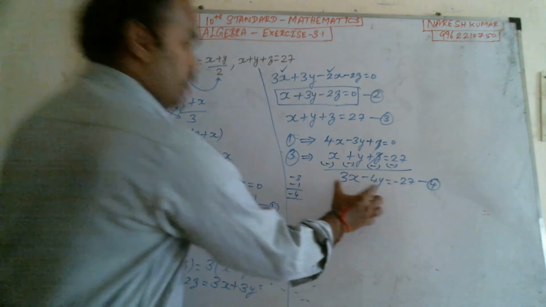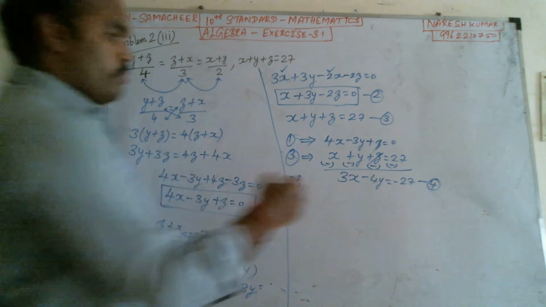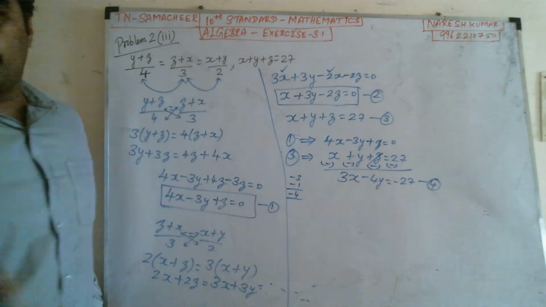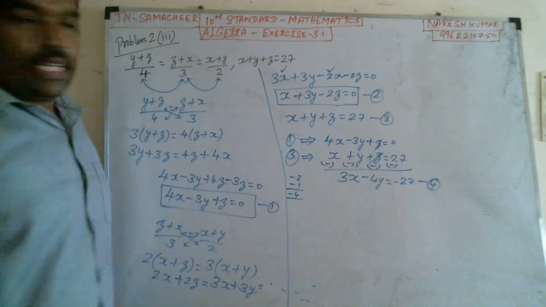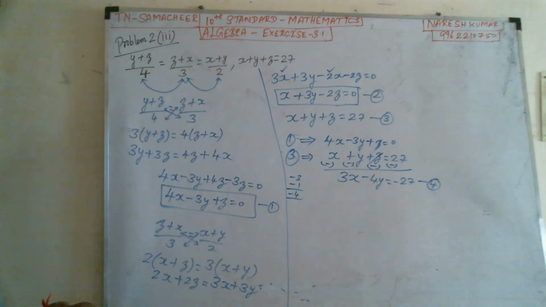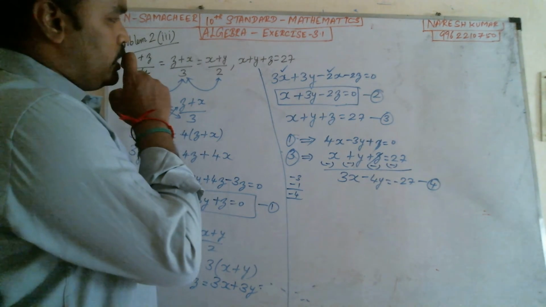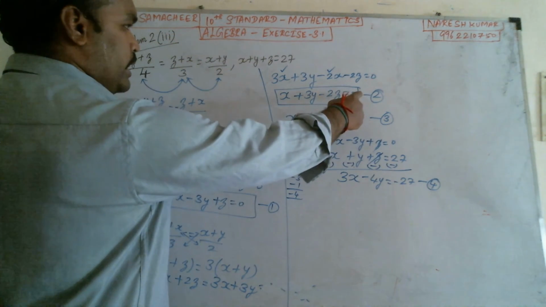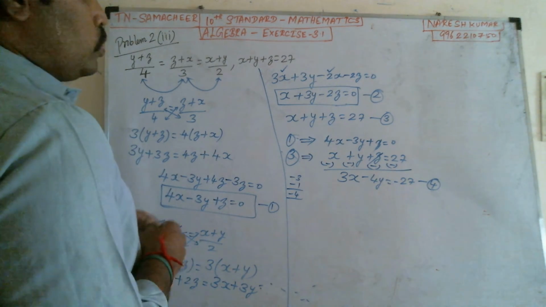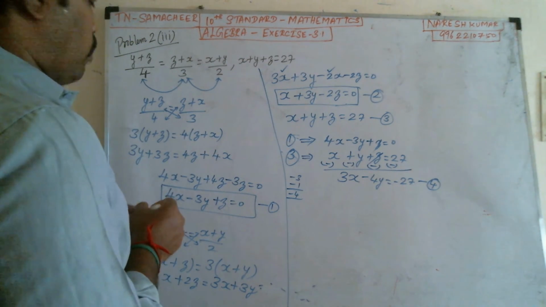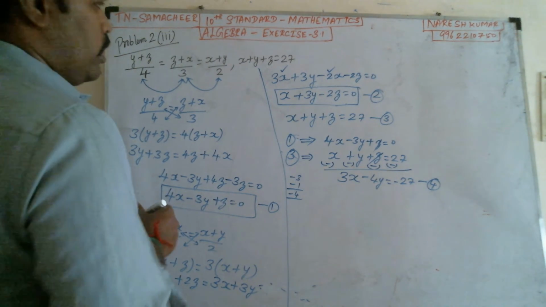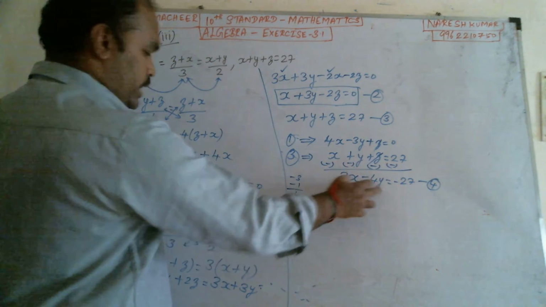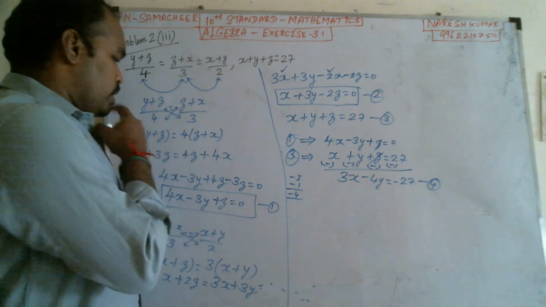Now with this equation we need to form another equation in the similar form of x and y. We need to form it in the x and y series. What is the strategy and how can we find it? We can take the second and third equation and see whether it is possible or not. No, because if we take the second and third equation, only x will get cancelled. So for an x and y series to come, which equation can we prefer?